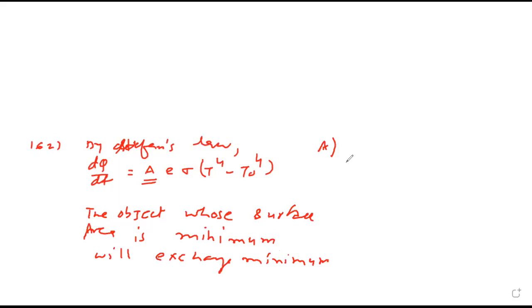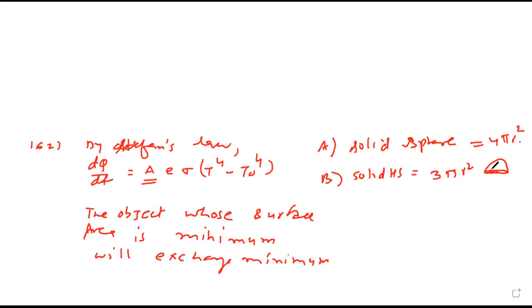What is the first body? A solid sphere of radius r. So what is the formula for the surface area of a solid sphere? 4 pi r square. Next is the solid hemisphere. Hemisphere means half, so it will be 3 pi r square. Since it is solid, when we cut it, this flat face also gives an area, and this top area is pi r square. The curved part is half of the full sphere, 2 pi r square. So can I say 3 pi r square?